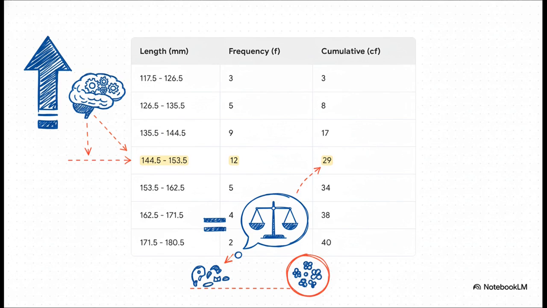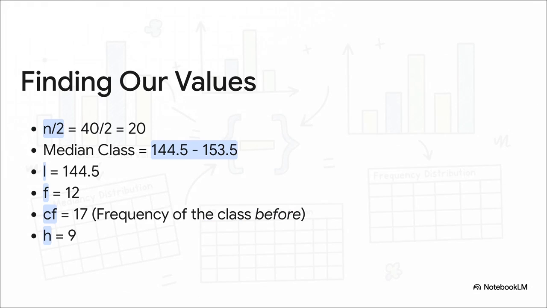एक चीज नोटिस करना, जो लास्ट CF होगा वो हमेशा टोटल फ्रीक्वेंसी n के बराबर होगा, जो इस केस में 40 है। चलो अब मीडियन क्लास ढूंढते हैं। सबसे पहले n/2 निकालो, यानी 40/2, जो हुआ 20। अब CF कॉलम में देखो, 20 से जस्ट बड़ी वैल्यू कौन सी है? राइट, वो है 29। तो इसके सामने वाली क्लास 144.5 से 153.5, यही है हमारी मीडियन क्लास।